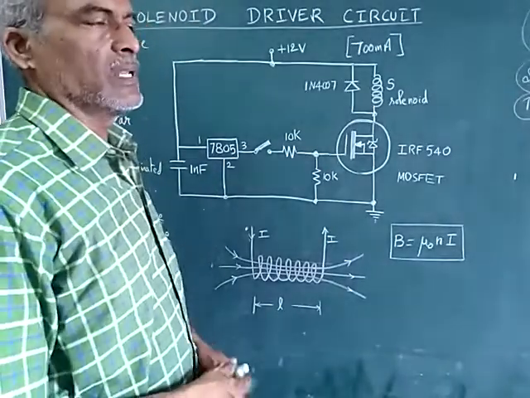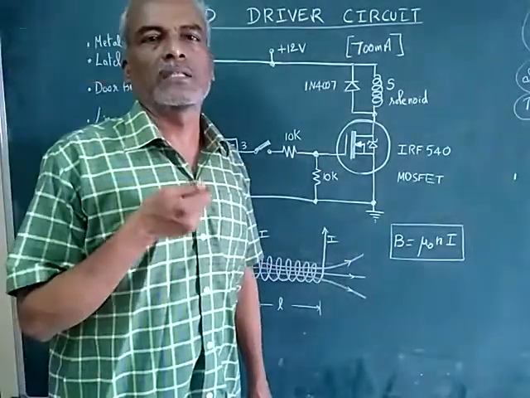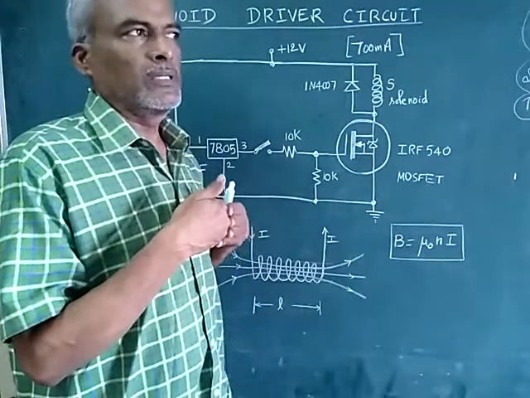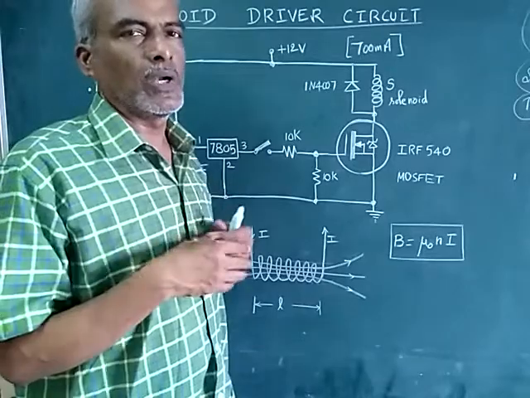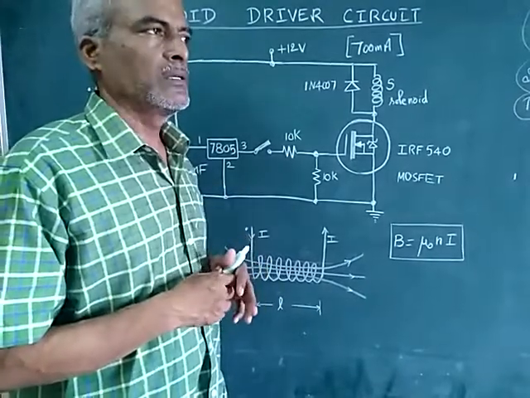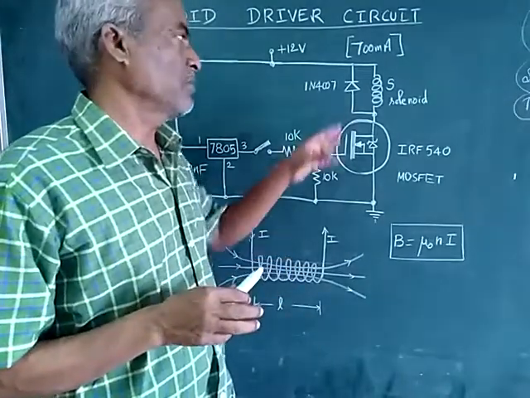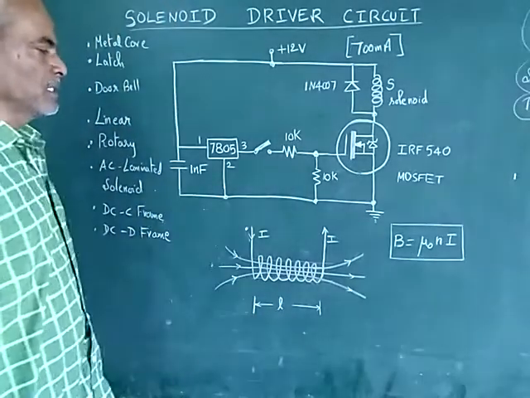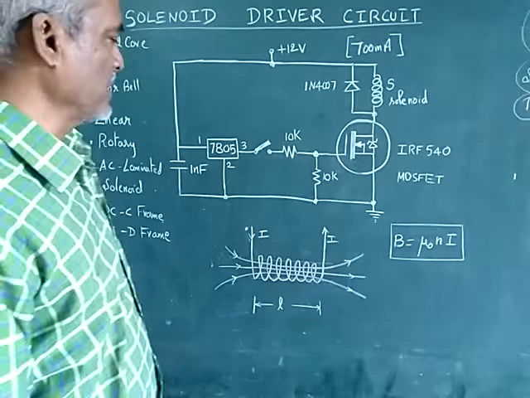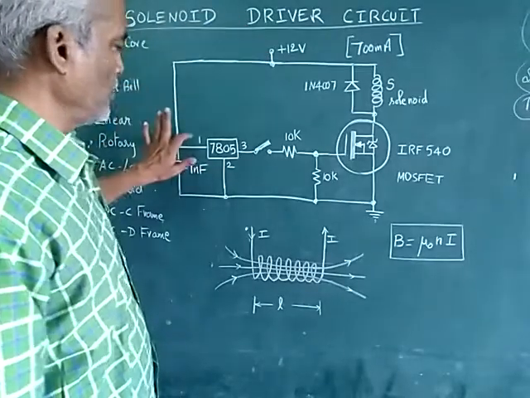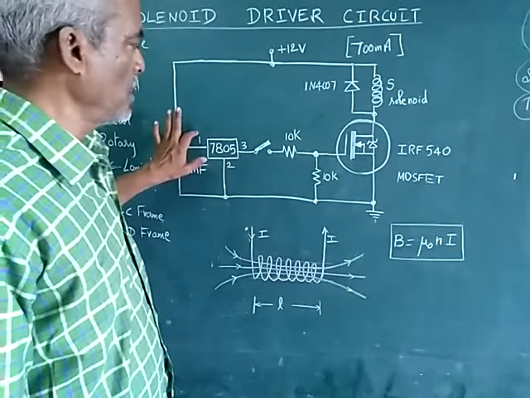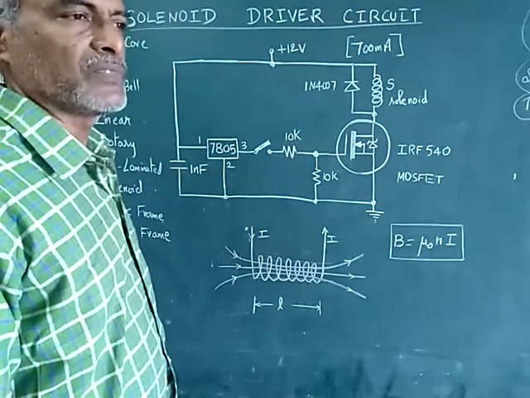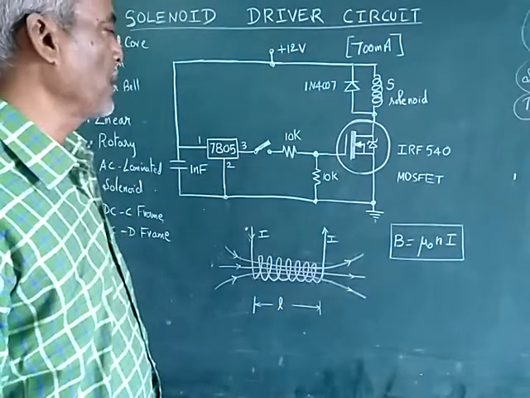So for example, solenoids are used for latching, door latch, so for locking. Suppose if it is reversed, it will unlock. So to protect that, it should not happen. To protect that, we will make use of a diode. So this 1 nanofarad is a high frequency filter capacitor. So this 12 volts is the input to the 7805 regulator IC. At the third pin you will be having plus 5 volts well regulated DC supply.